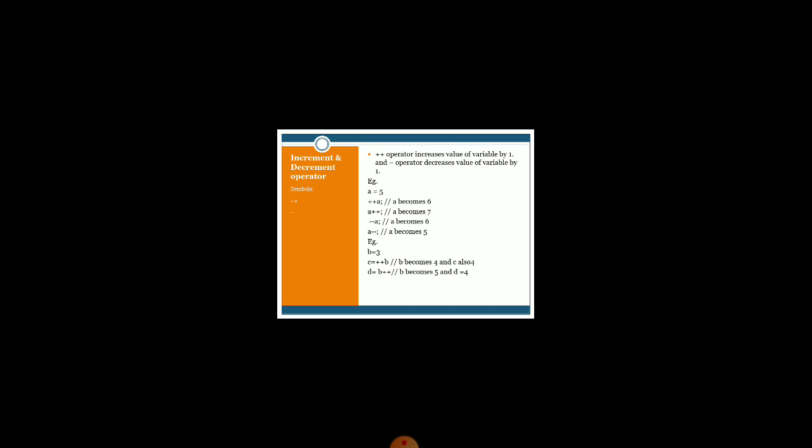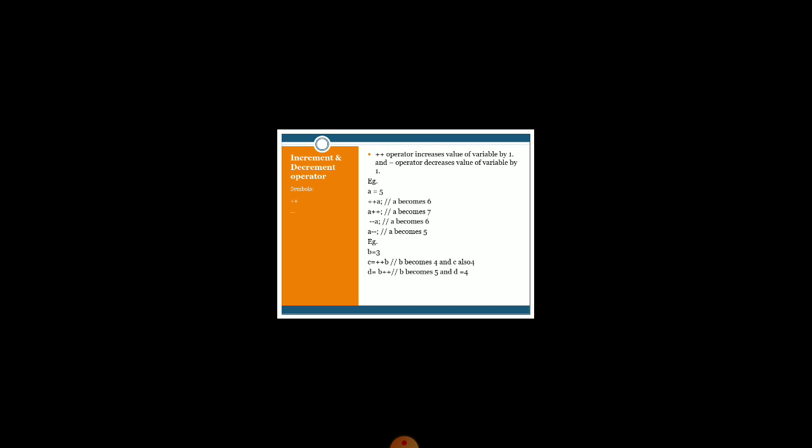Clear? So if I use any pre- or post-increment operator with a certain assignment or calculation, we have to keep in mind that I can use either pre or post.